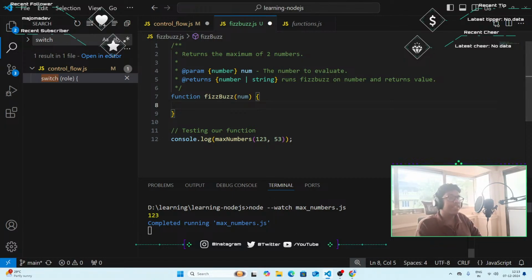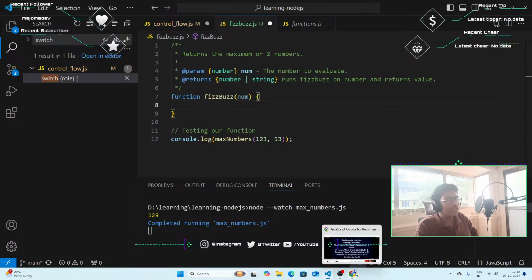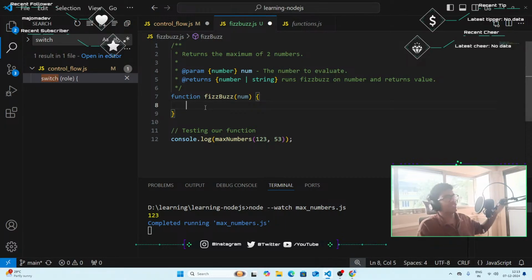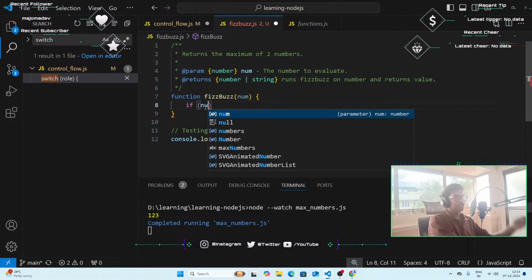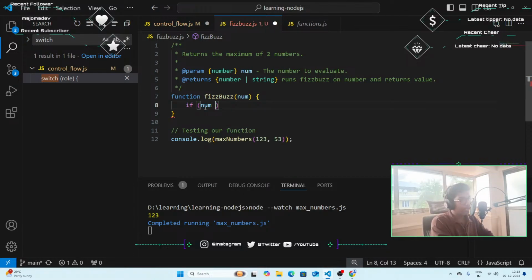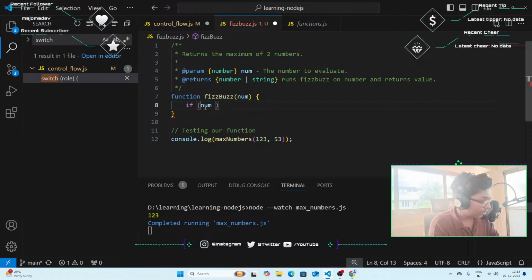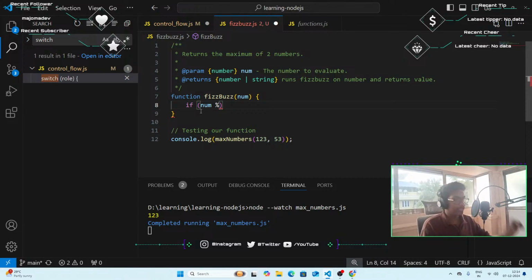So if the number is divisible by both 3 and 5, we return fizz buzz, right? I guess we'll have to just take two normal if else statements for this one. So if num is the person's sign here. Yeah, there we actually